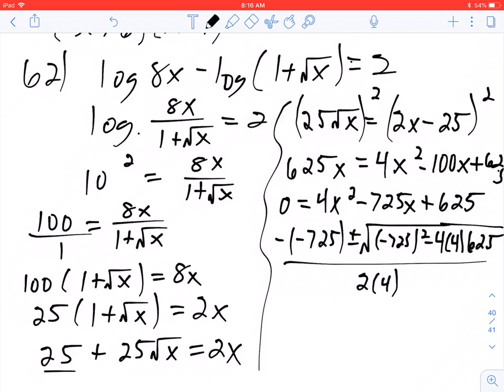Now, when you actually go to type that into your calculator, you'll end up with two answers. Well, let me give you the two answers. The first answer is x equals 0.866, and the other one is going to be x equals